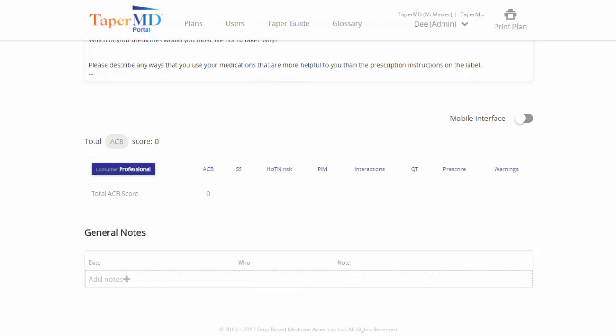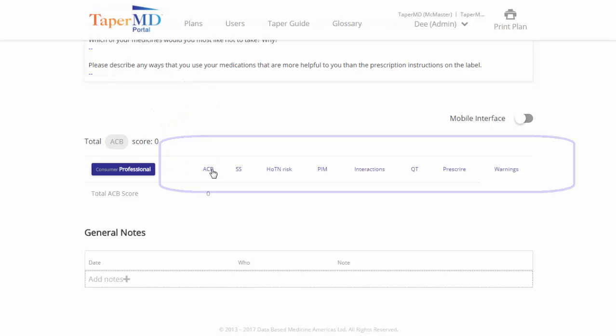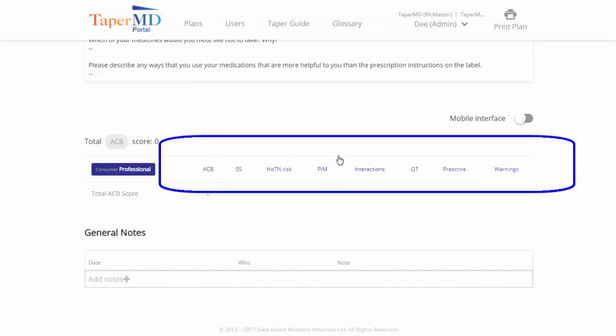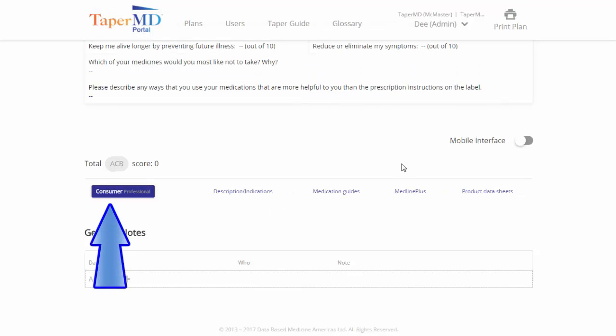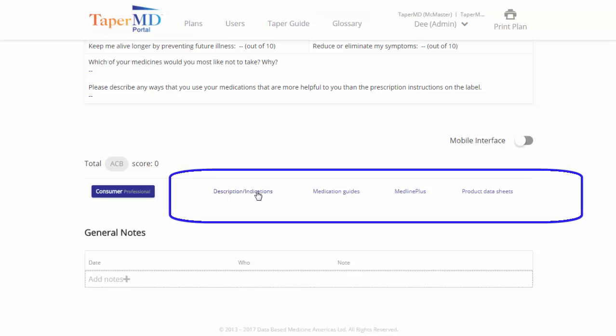Patients can also access a patient version of the medication information. So you can see here, this is the professional view, which gives me the potentially inappropriate medicines flag, interaction checker, hypotension burden, and those technical medication screens. But if I switch to the consumer version, you can see here that for any medication, I will be able